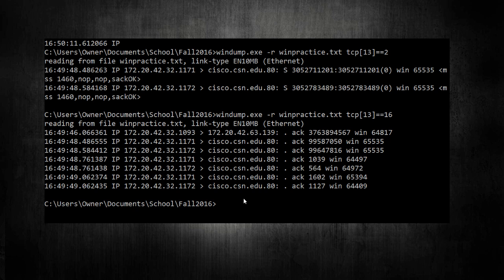Okay? So now this is where it gets handy to be able to do multiple commands at the same time.